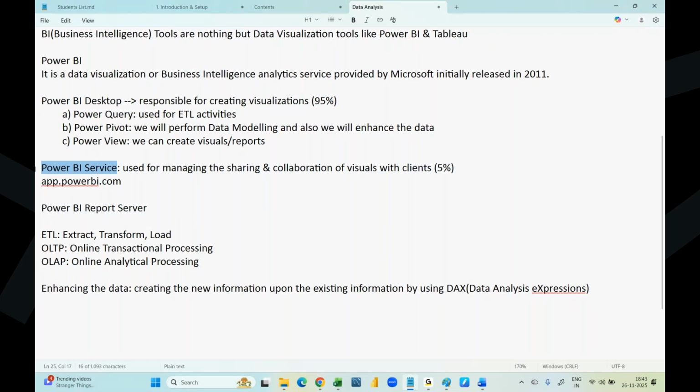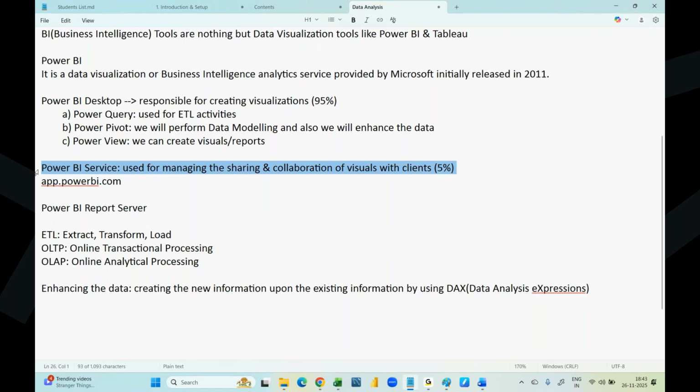You don't need to install your own servers to share. It's a wastage of money. That's the reason why companies opt for the Power BI service without paying any amount separately for the servers. If you have the subscription or license for Power BI service, that is sufficient. Unnecessarily, here you need to buy the license and the server also. That is a wastage of money, an unnecessary operational cost. That's the reason companies use the Power BI service for sharing reports to the